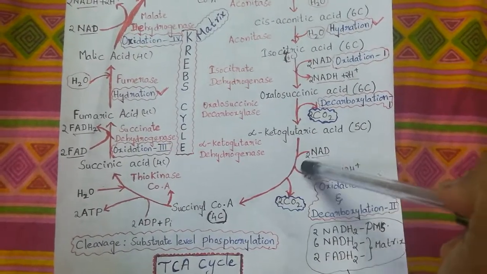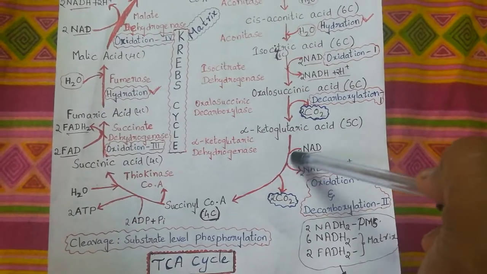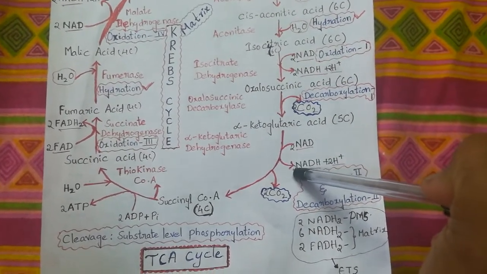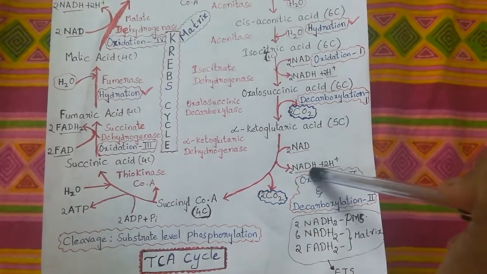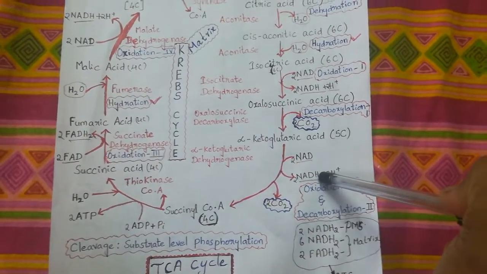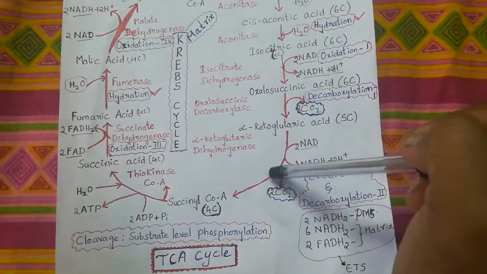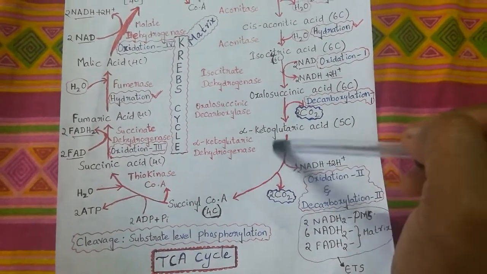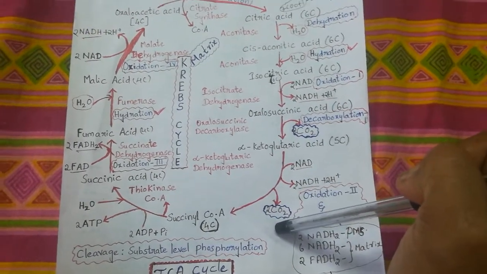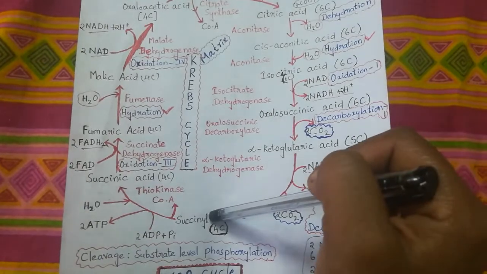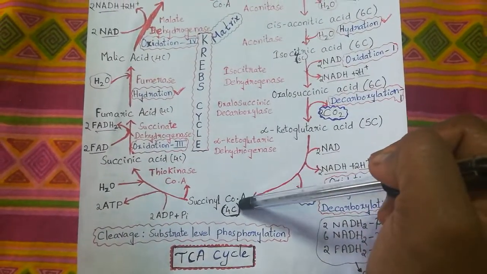This releases hydrogen atoms by oxidation from alpha ketoglutaric acid, and that will be accepted by 2 molecules of NAD to form 2 molecules of NADH2 for 2 turns. It also undergoes decarboxylation again for 2 turns of Krebs cycle. In this step, 2 carbon dioxides will be released. Again it forms succinyl-CoA, which is the first 4 carbon compound.